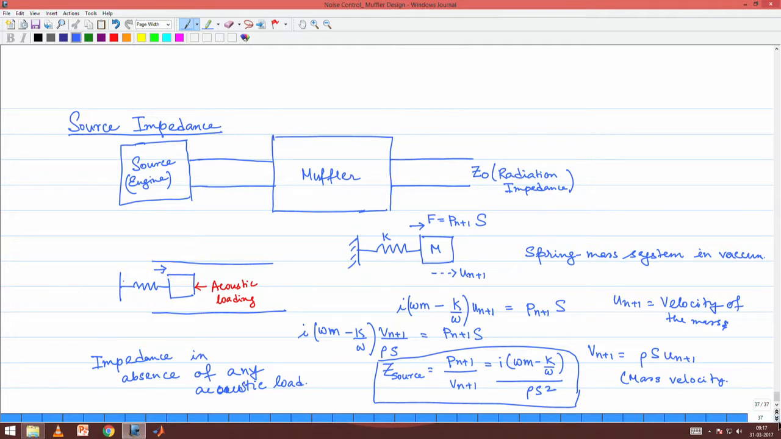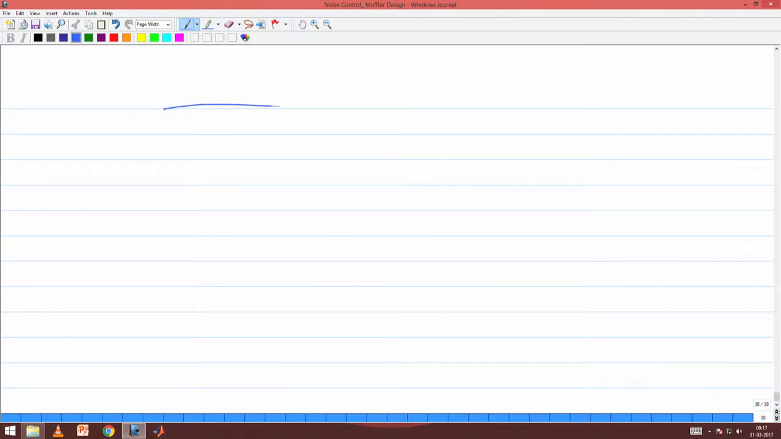Now, let us consider the situation where we have an acoustic duct and the inlet to the acoustic duct is this spring mass system, which is driven at F, which is equal to P n plus 1 times S, and the spring stiffness is K and the mass is M. The moment you have an acoustic duct with any boundary condition, any muffler or without muffler, does not matter,